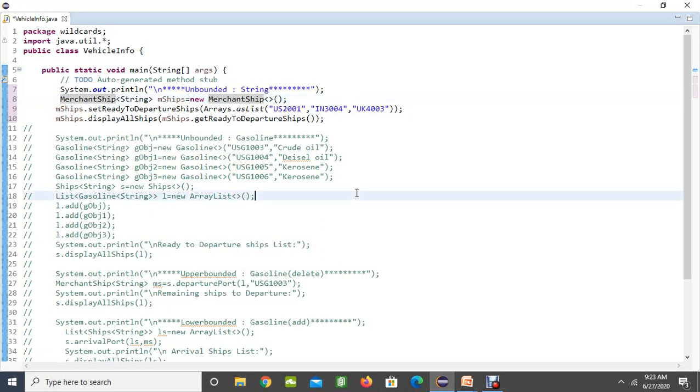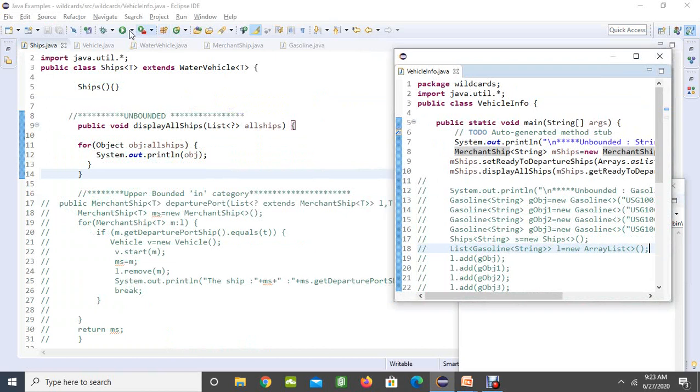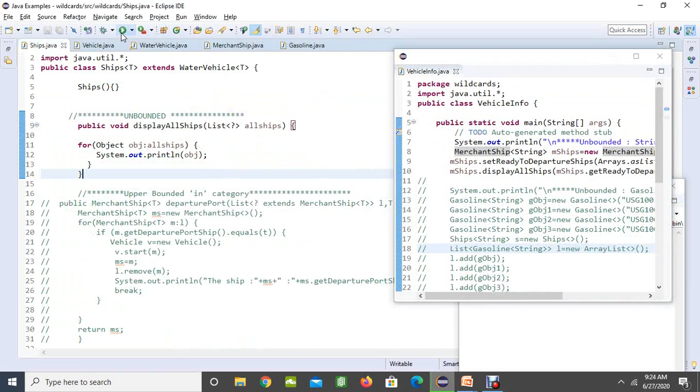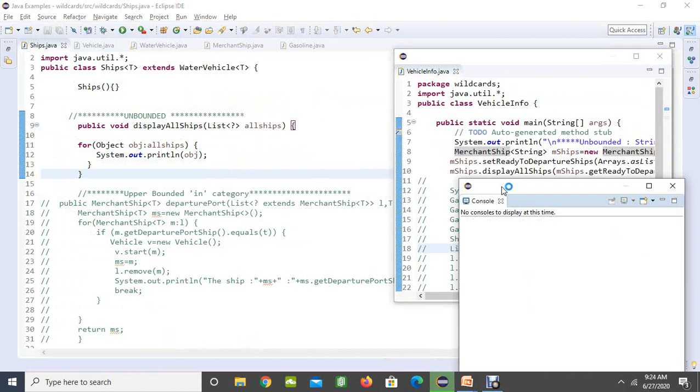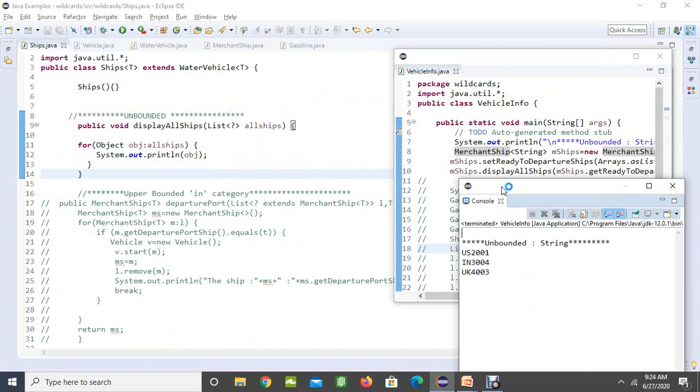Let me save this and run it. If we run it, we can see all the ship numbers that we have sent through this object: 2001 IN, 3004 UK, 2003. These are the ships that we have listed. Everything looks good.